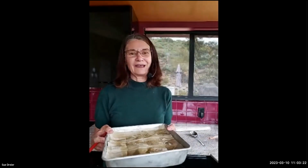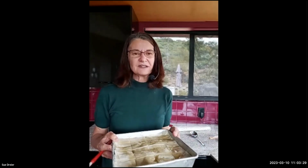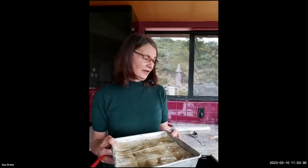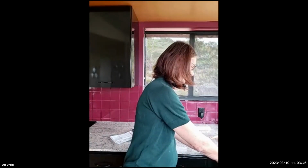And then this just goes in the oven, or it turns out this pan is small enough to fit in my toaster oven. So it bakes at about 375. I want to say 45 minutes to an hour, kind of until it's the right color. So it should be nice and golden and crispy. And that's it. Another way of making this, and I'm going to demonstrate with a piece of paper rather than the dough,